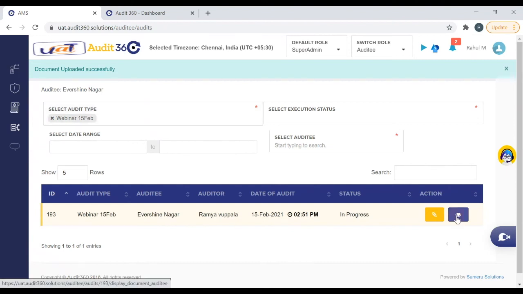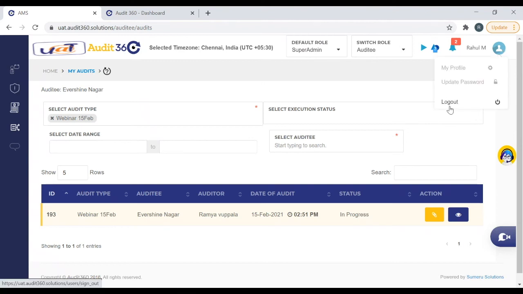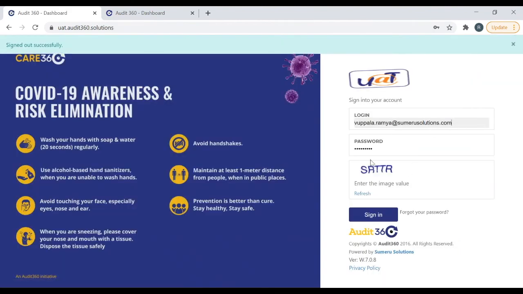If I want to view the attachments, whatever audit reference has been given, I just click on the I button. Because it is in progress it is not showing; once it is attached, now let me log in as an auditor to show how the same document will be reflected here.